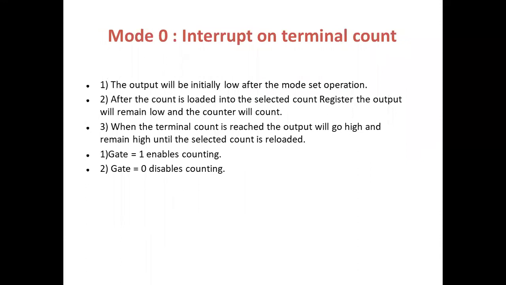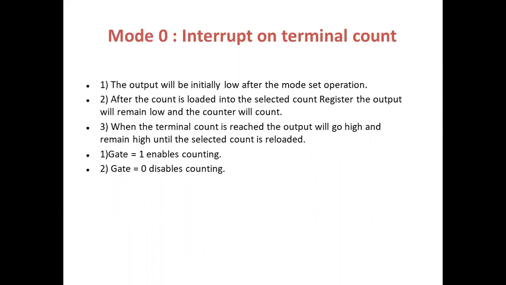When counting is going on, gate becomes low suddenly and the counter stops counting operation. After some time, gate returns to 1. Counting is resumed from the count value at which the counting discontinued. The count value can be changed at any time. A new count value can also be loaded while counting is going on, but the changes will be effective only after the next gate trigger. This mode of operation can be used to generate accurate time delay.